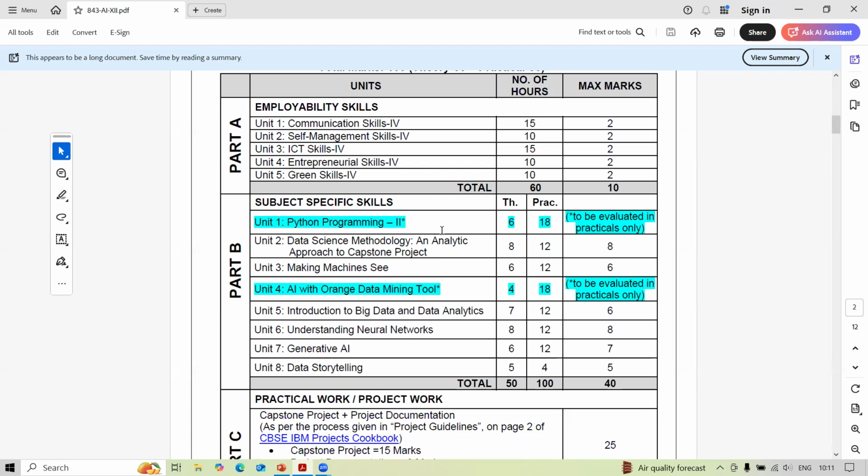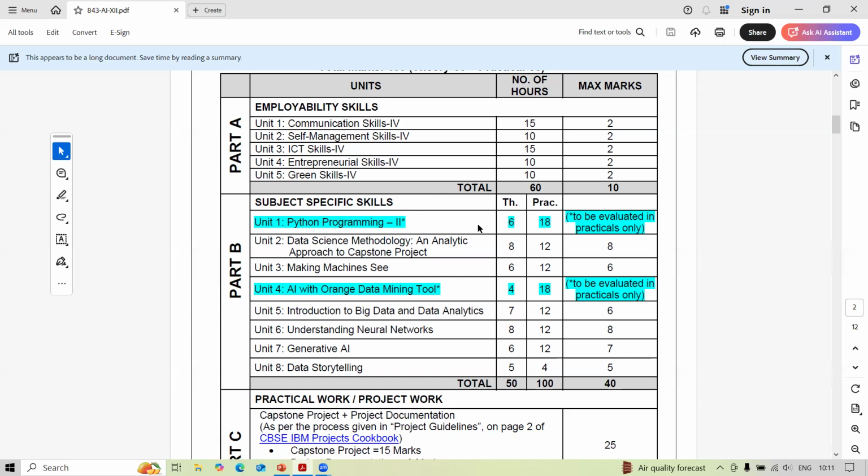What are my expectations from you in the class 12 practical exam, that I'll mention. Of course, a little bit of graphs, you should be able to do a little bit of data frame handling, CSV handling, you should be able to do. And of course, this is something which will be a new thing for you, the Orange data mining tool. Its usage is graphical. The underlying concept is more important actually, what exactly we are trying to do in that. So we'll do that when we get there.